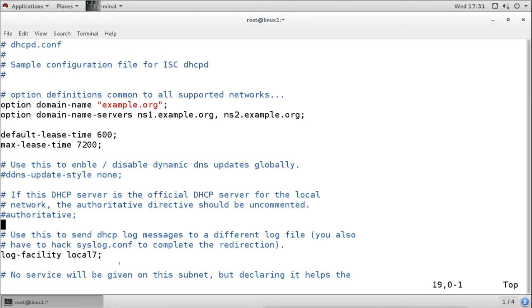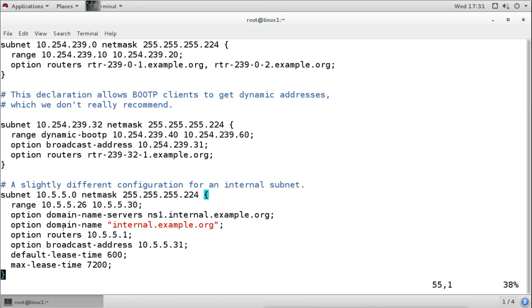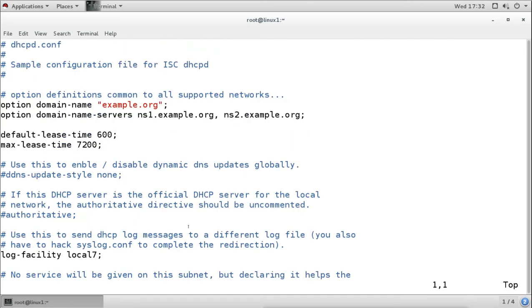Now when we configure the pool for them, the subnet information will be different for each subnet. The range of IP addresses will be different for each subnet, but maybe they are in the same domain, so the domain name will remain the same. So instead of configuring the name for every subnet, we can configure here directly that this is our domain name.